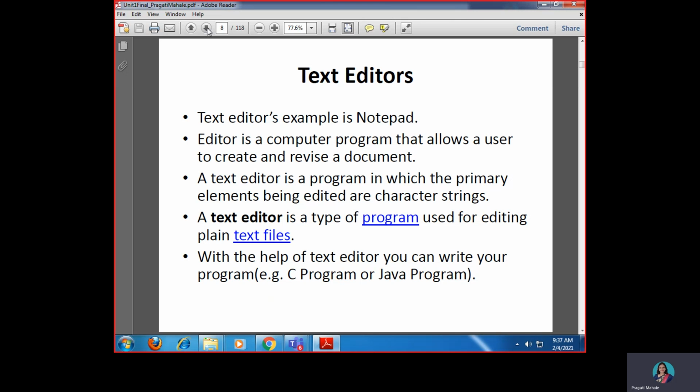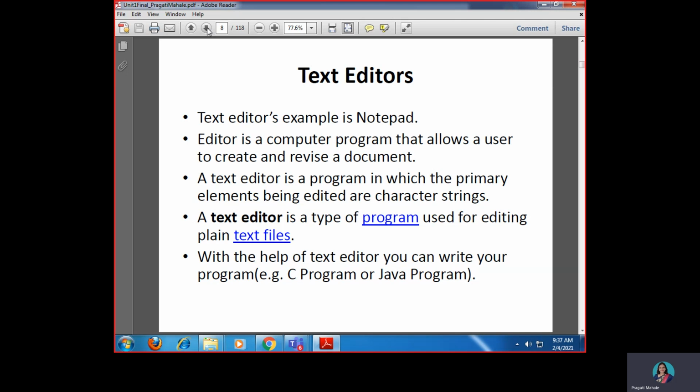So let us consider that, and it is very simple because it can edit the text, whereas in Microsoft Word you can not only edit the text but also use tables, pictures and other media features. But a text editor is a simple editor to edit the text, where you can simply cut, copy, paste, change the font, make it bold or italic.